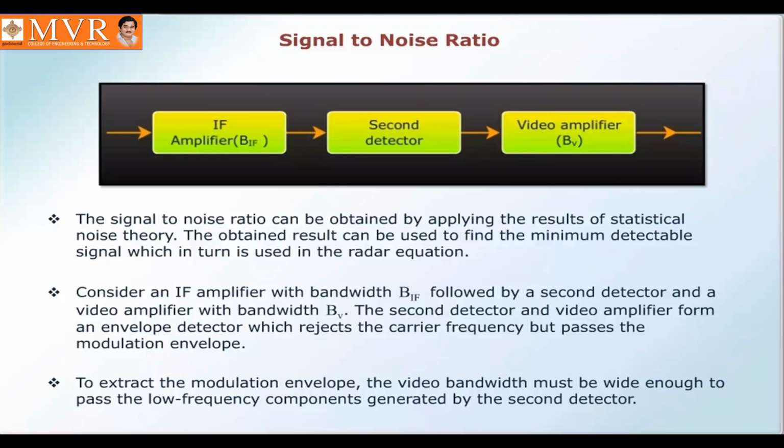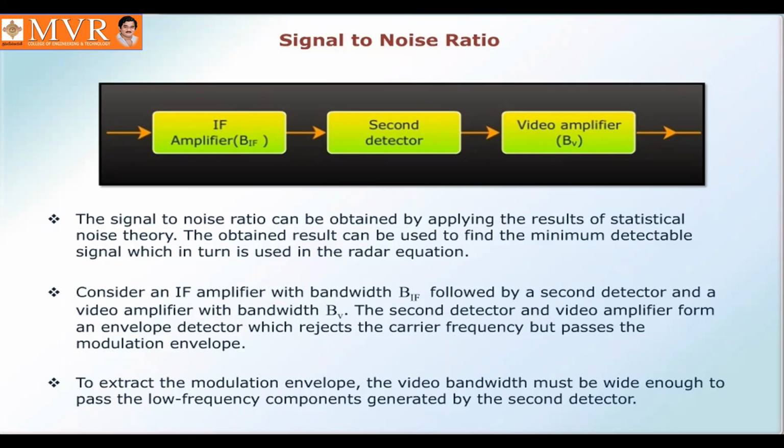And the next one is the signal to noise ratio. While you are calculating the signal to noise ratio, we have considered a block diagram which consists of an IF amplifier, a second detector and a video amplifier. The signal to noise ratio can be obtained by applying the results of the statistical noise theory. The obtained result can be used to find out the minimum detectable signal, which in turn is used in the